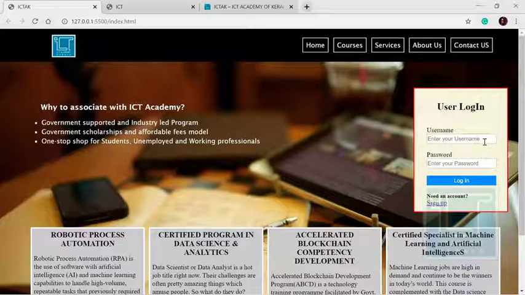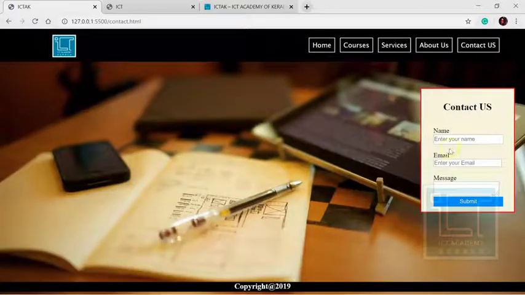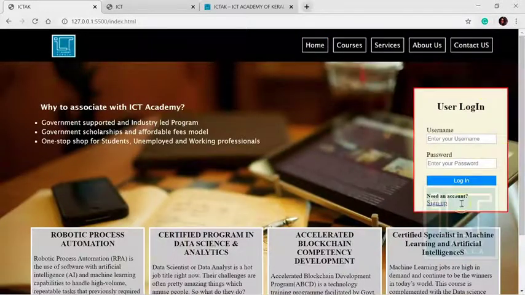Other forms also can be created, like a contact us form like this one. You can create a contact us form, just like a name, email, and a message and a submit button, or you can directly create a user login. Once you're familiar with a single form, you can go explore and create different types of forms that are available. So now let's move on to the form part.